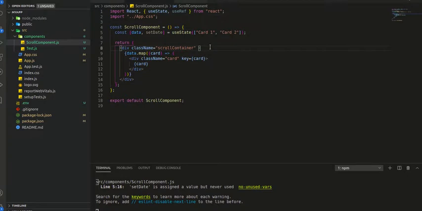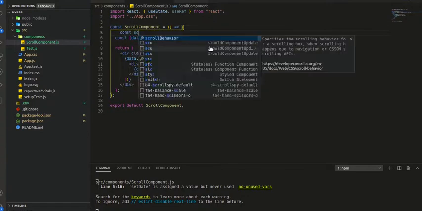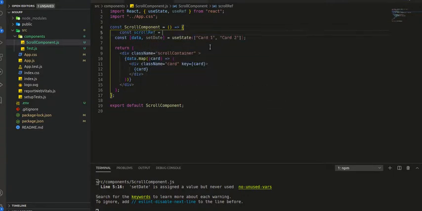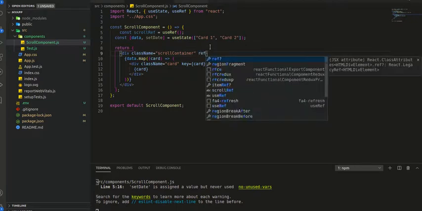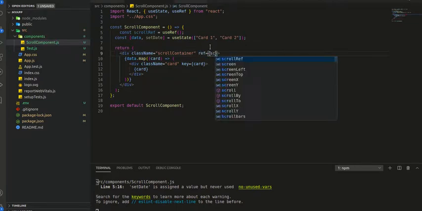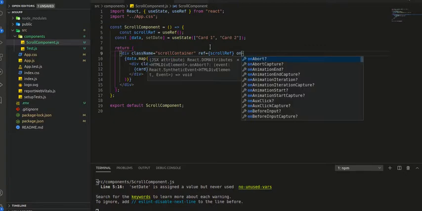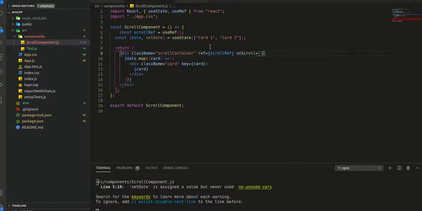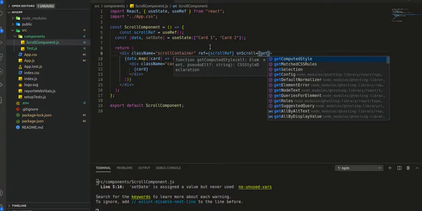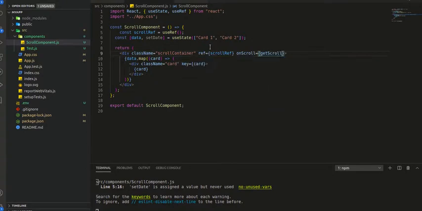What useRef will do is attach a reference to that div, so that we can get the properties or a particular value regarding this particular div. So we will add a ref called scrollRef, and we will attach the ref to our container. So ref will be scrollRef, and we will also add an onScroll event, which will be a function getScrollPosition.